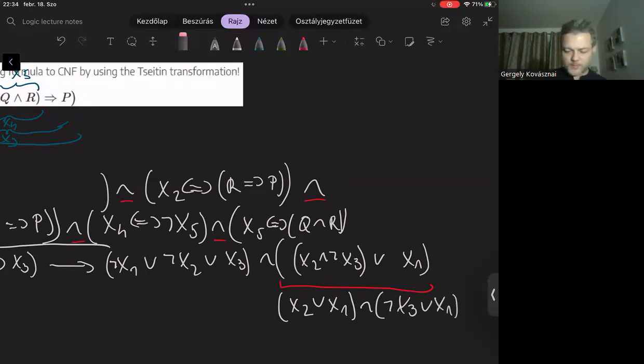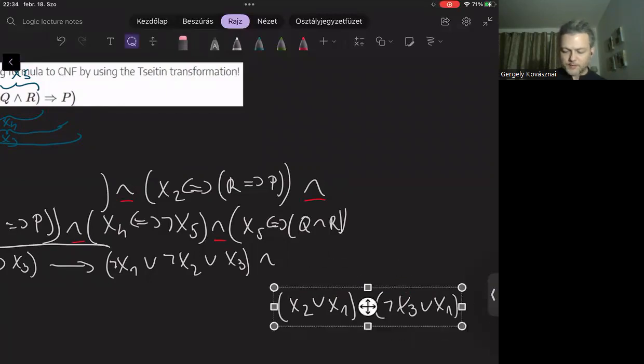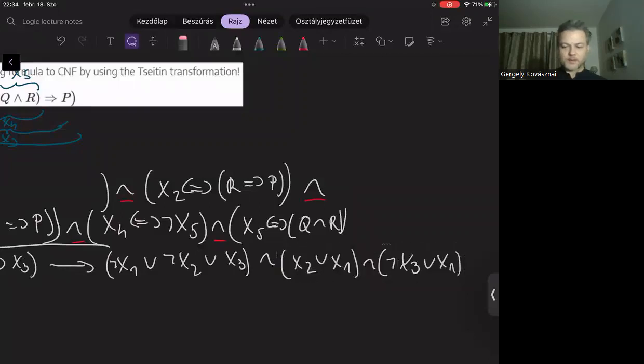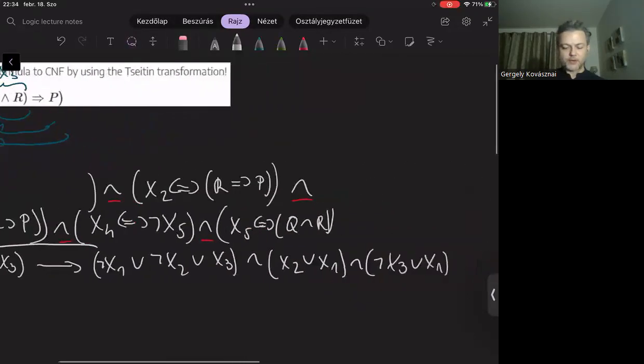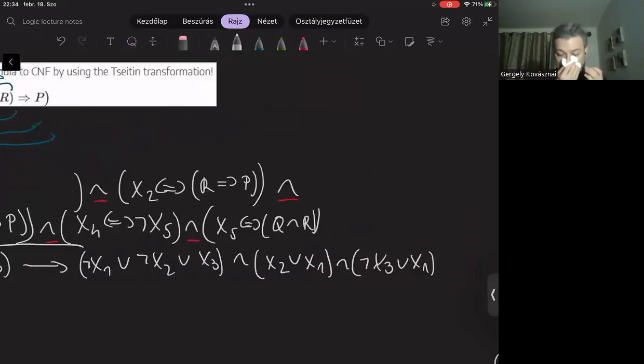Okay, so just to keep the result here, I'm going to move this to the final CNF. So we just translated this equivalence to CNF, which contains 3 clauses. Let me just highlight those clauses with green a little bit later on.